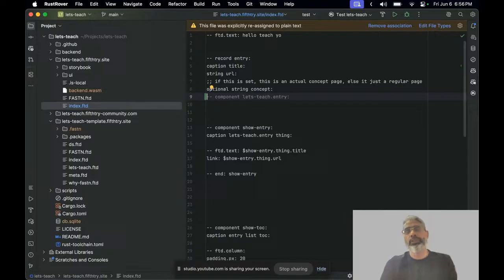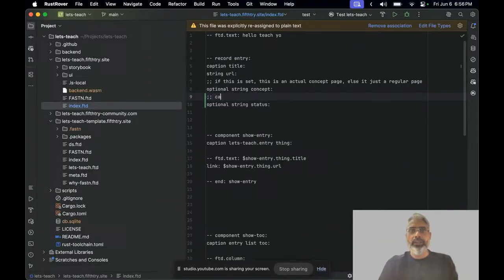Currently we have just a string called status, and let's say this status can be new, seen, or done. Let's pretend, and based on these three statuses, we will use a different icon, and we will automatically pre-populate it with